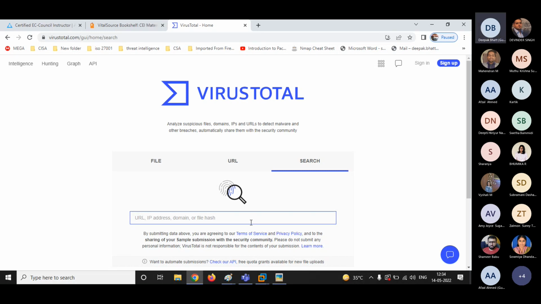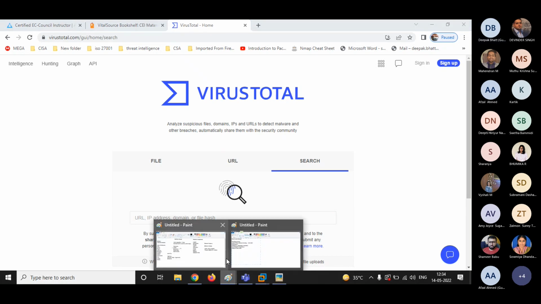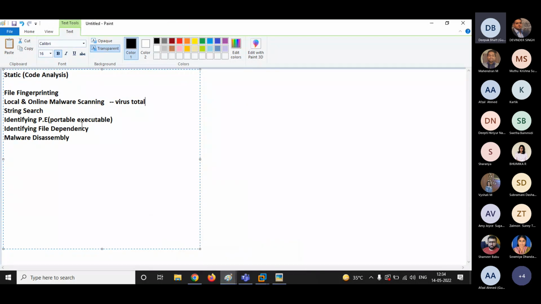All of you got my point, guys? This is the best example I can give you about Stuxnet. The same thing happened in Stuxnet also, guys. Later on, when we did the analysis of the Stuxnet attack, we compared the result in VirusTotal, and then we got to know that the following processes were malicious.